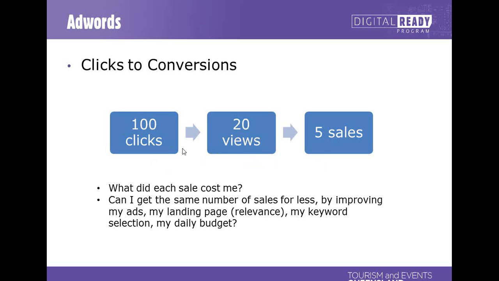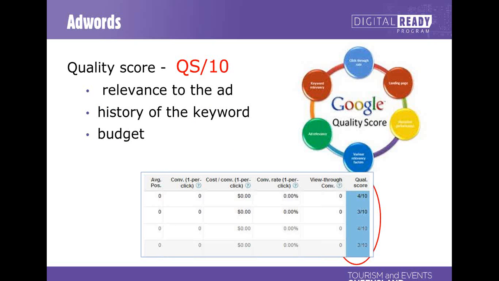Just looking at landing page relevance for a minute, this is a big determiner in how much you pay for each ad. It's called quality score, and when you're sending people from your ad to your website, it's ideal not to send them to the home page if you can possibly avoid it. The reason for that is it's very hard to convert somebody from a home page. Even if you have a tiny site, it's only 5 or 10 pages, I would still try and send them to what's called a landing page, which is a page on your site that is specifically set up to try and get them to convert. So try not to send them to your homepage if you can.